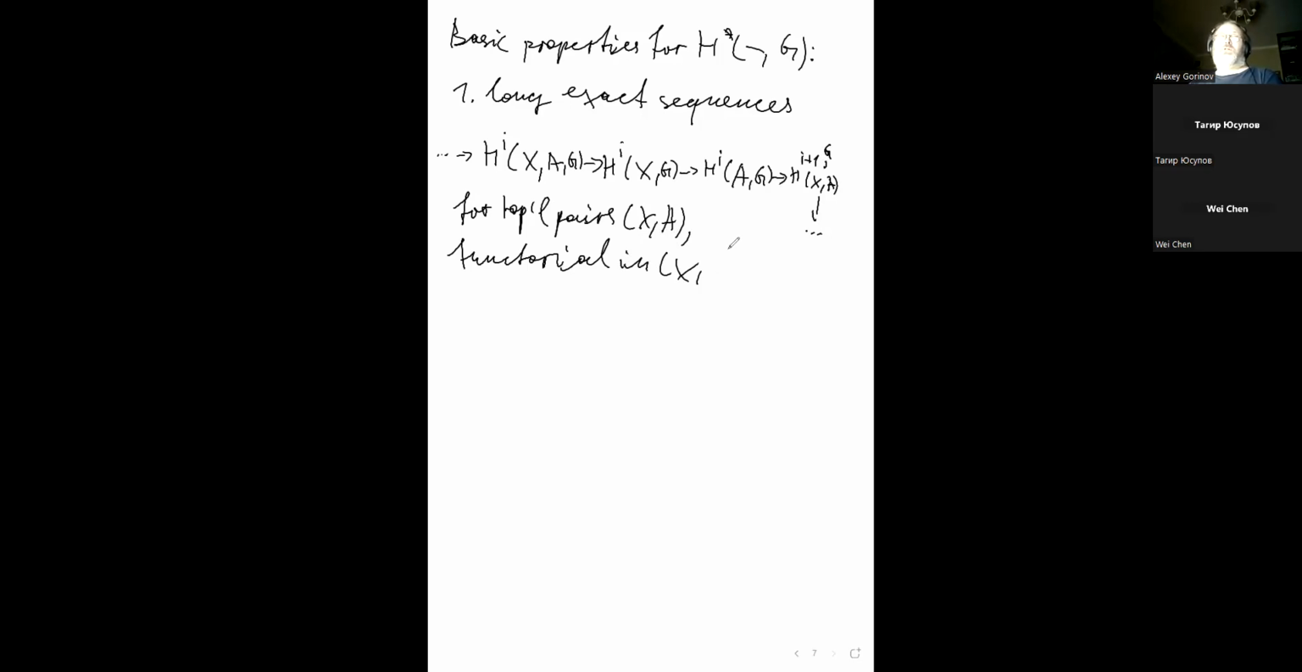The long exact sequence looks exactly the way it does for homology, except for arrows going the opposite direction, and the sequence should be functorial in (X, A). Now the second property is